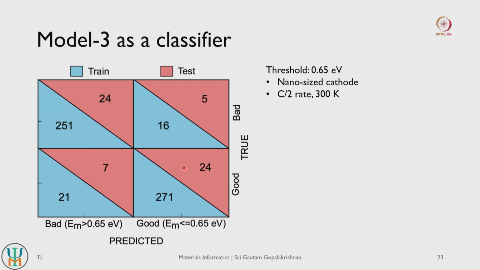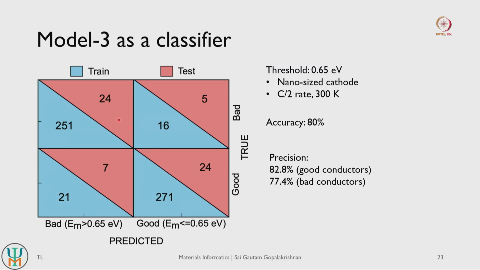So you want to maximize the predictions across this diagonal. So you want to get the true negatives, and you also want to get the true positives as much as possible, right. So the importance is to focus on the test data sets here, or test statistics here. And the main takeaway message is that we get our model to be about 80% accurate. So model 3 classifies 80% of the test data points, so data points that it has not seen before, accurately as either true good diffusers or bad diffusers, right.